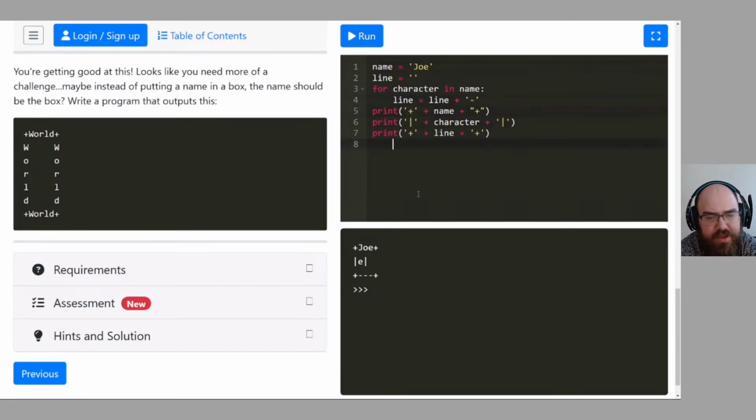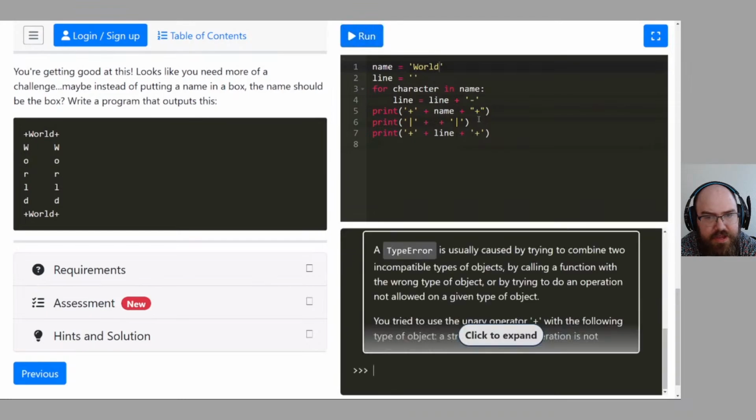The reason that there's an E on the second line of output is that the for loop stored first J, then O, then E in character, and when we exited the for loop, the variable character remembered that E. This was a complicated way of trying to approach it. Let me change this back to world.